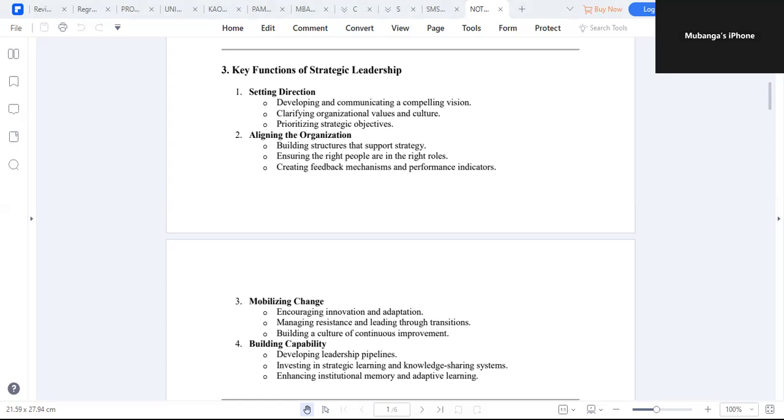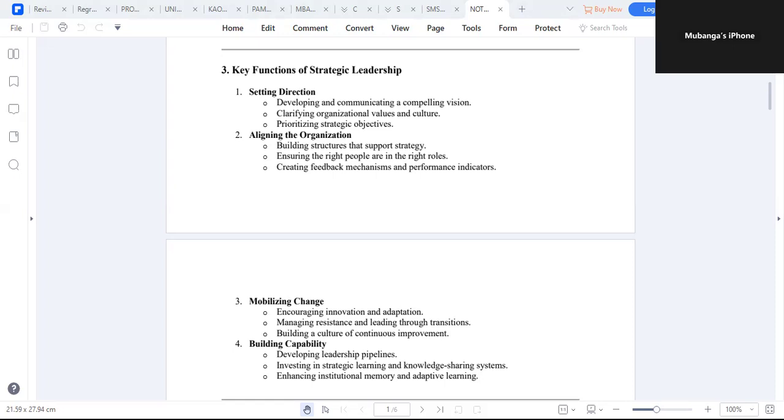Another attribute is that of capacity building. So strategy leaders will focus on developing what? Long-term strength through learning capacity of the organization. So they'll develop leadership pipelines. They will identify and prepare leaders to ensure there's continuity. It's what we call succession planning, where you get to prepare an employee for a future role to ensure that